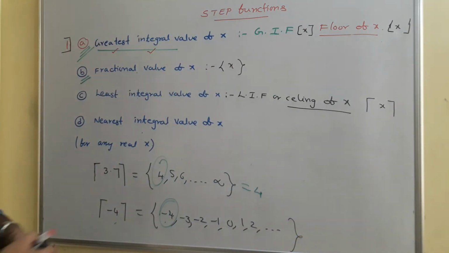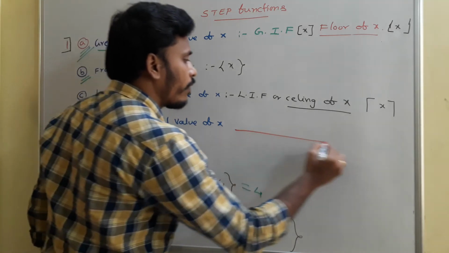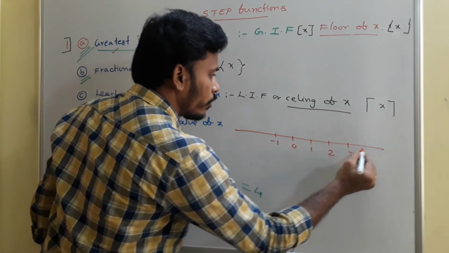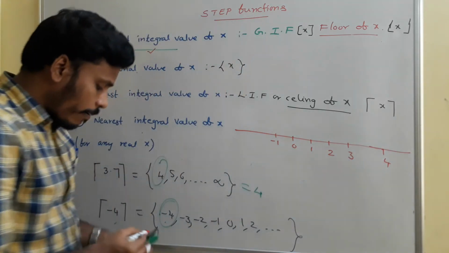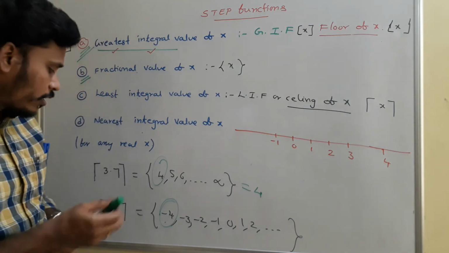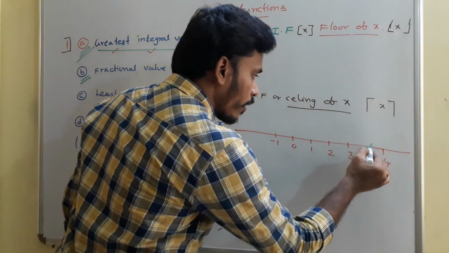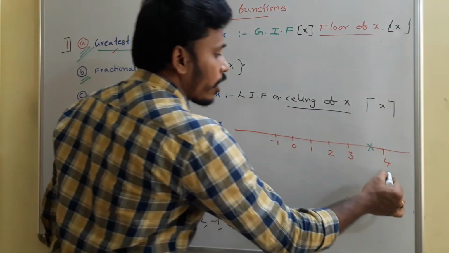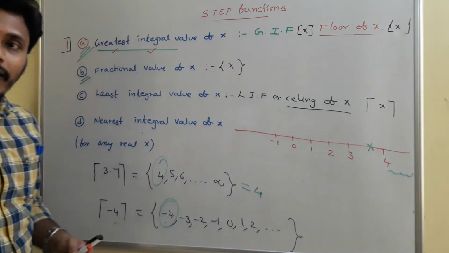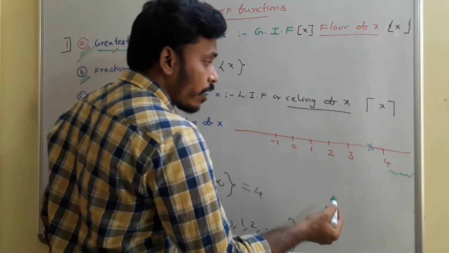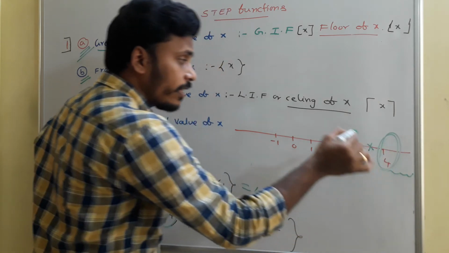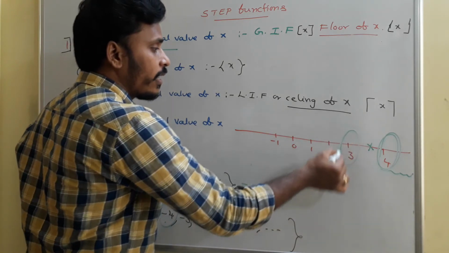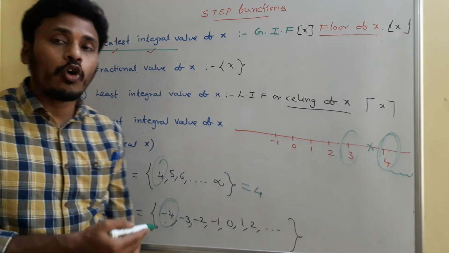If you identify the number line, and on that number line we have many integers, okay, -1, 0, 1, 2, 3, 4 and everything. Somewhere in between 3 and 4 I have this 3.7. Okay, and as I mentioned you, all these integers are less than or equals to 3.7, and starting from 4 all these integers are greater than or equals to 3.7. Among those, this is the least, and this is called the least integral value, or we call it as ceiling of 3.7, and this is the greatest integral value, or we call it as floor of 3.7.